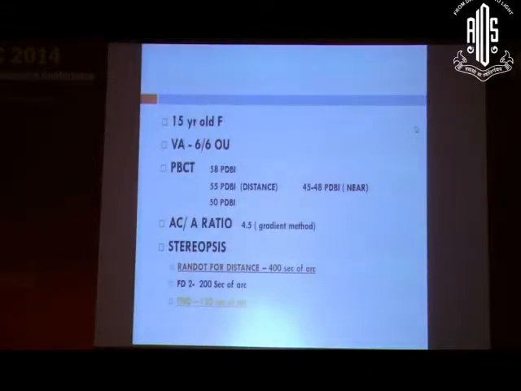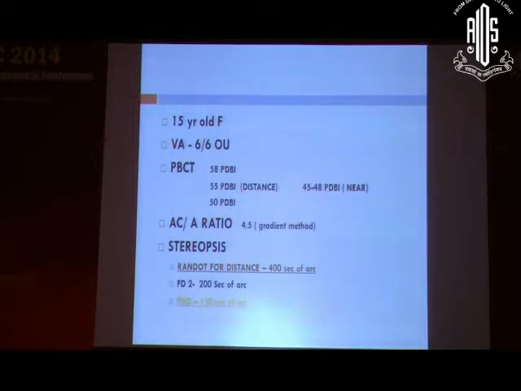Because exotropes start manifesting earlier for distance, it's usually the distance stereopsis which is affected first. So if you are able to assess the stereo acuity for distance, you will be able to find out if they are manifesting more often. So even if you do not have a history from the parent that it is more than 50% of the time, because they are not working mothers and will not be able to give that information mostly to us, a clinical test will tell us that this child is manifesting more often and affecting the stereopsis. Now in this patient, the Randot test for distance showed a reduced stereo acuity of around 400 seconds of arc.